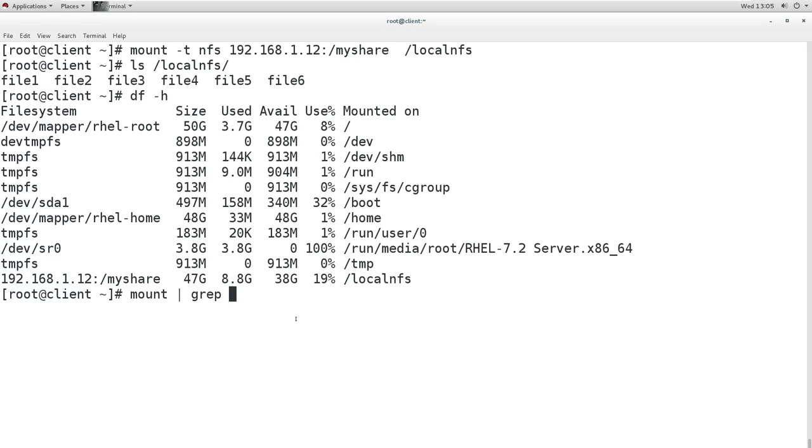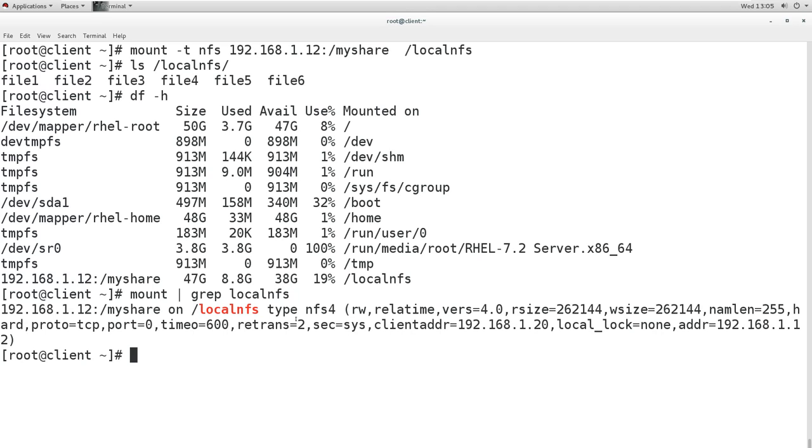Grep local NFS, and we can see that this directory is mounted on this. The type is NFS4 because both Linux systems are RHEL 7, so both support NFS version 4. So the type is NFS4 by default. The option is read write.